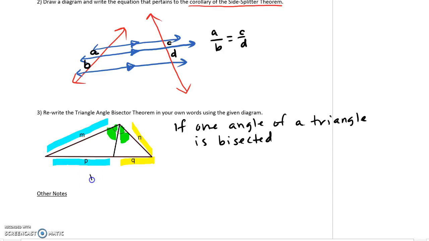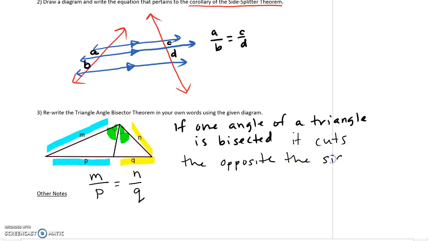The equation would be m over p is n over q. If the triangle is bisected, it cuts the opposite side, so like the side with P and Q, in pieces proportional